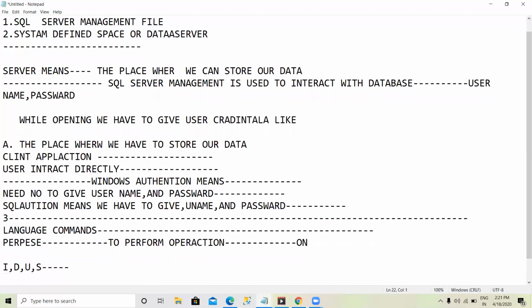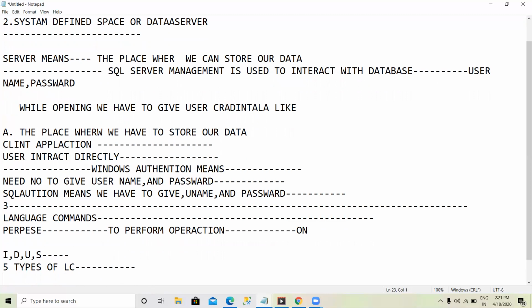We have five types of language commands. Let us discuss them one by one.